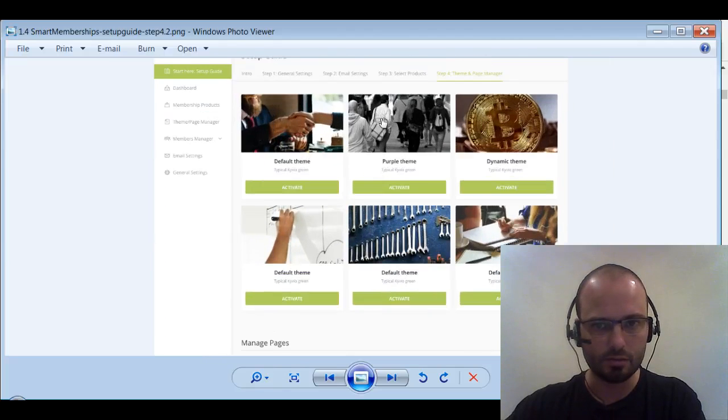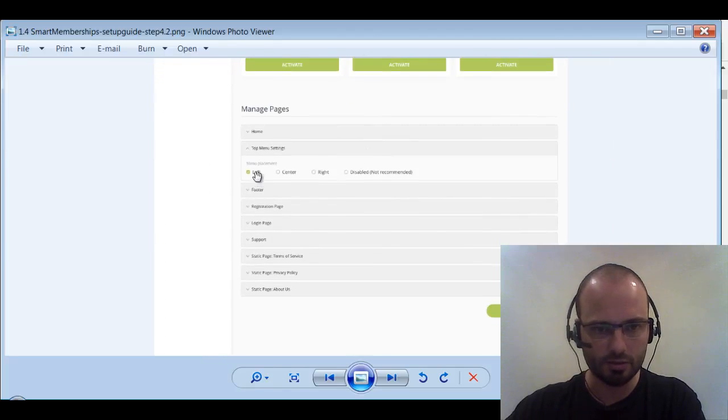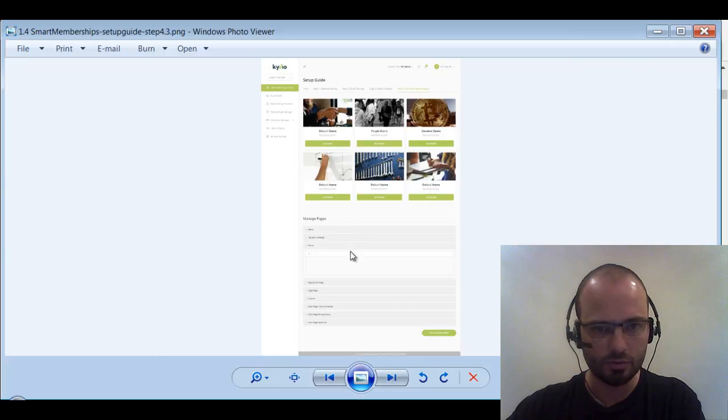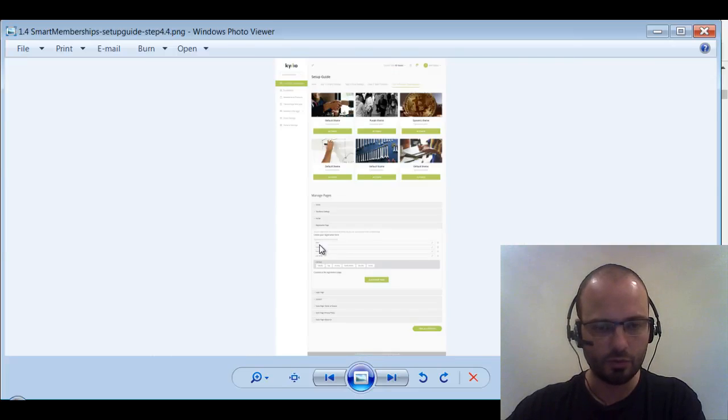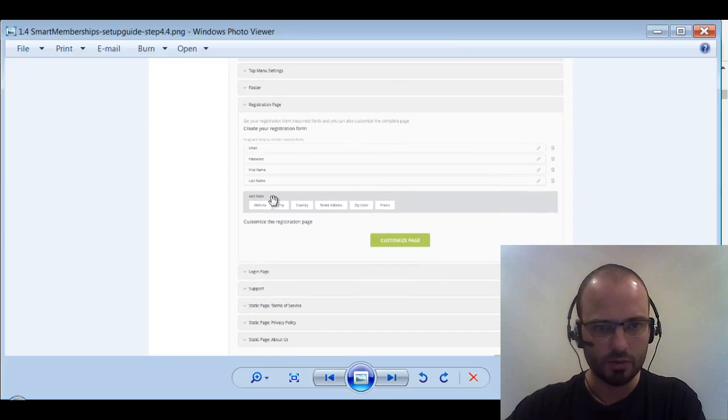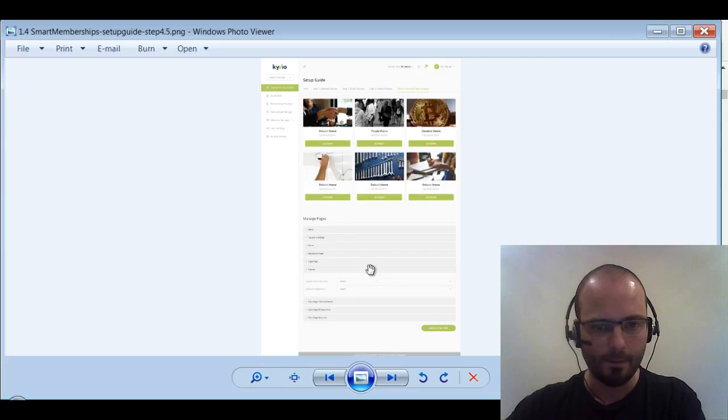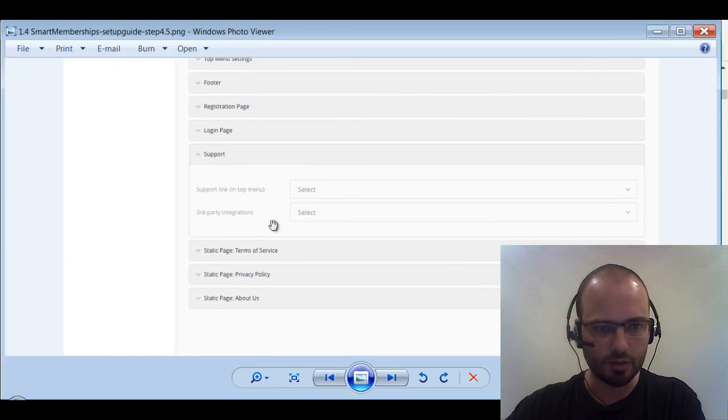That's the last page. Oh yeah, that's just the settings for top menu, the footer, registration page settings. You can set which input fields to have there, which order and everything, which are obligatory and which aren't. Support links,